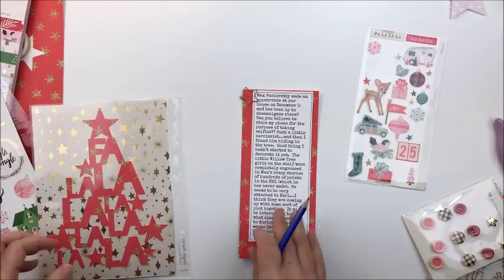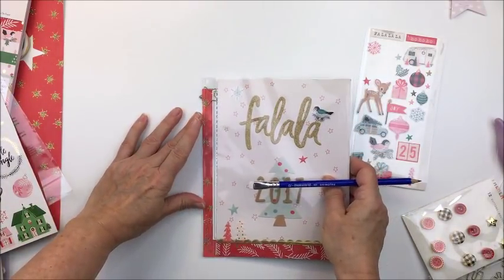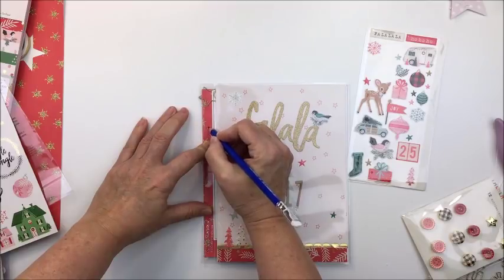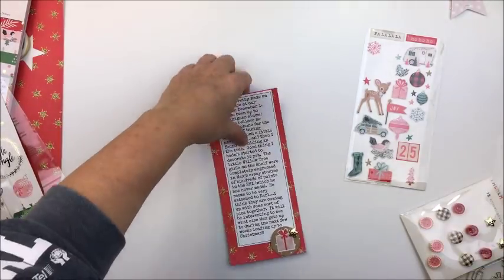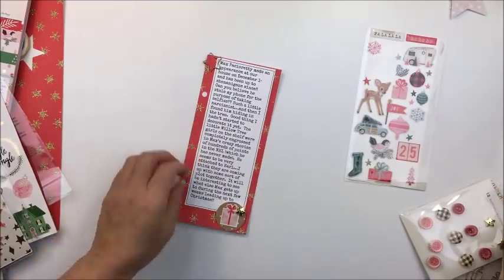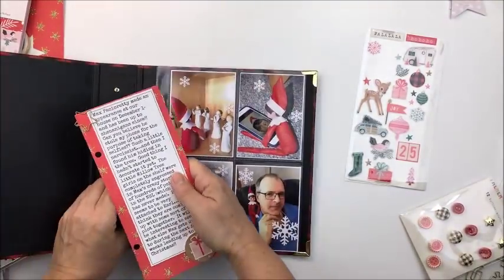So I'm just going to use the page protector to put some circles for the holes here, and I will just take my handheld hole punch and make my holes for this page, and then I will be able to easily insert that into my 2-ring binder album. All of the page protectors that I'm using for this album are going to be the Simple Stories page protectors,